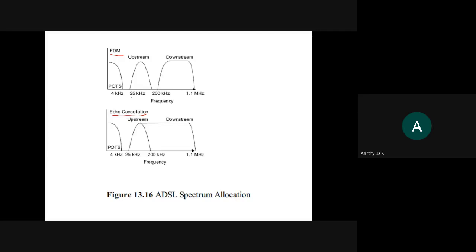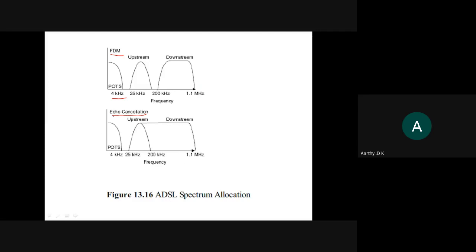The band size will be multiples of 4 kilohertz. It splits the high speed channels into low speed channels, and after that we find the difference between the upstream and the downstream.